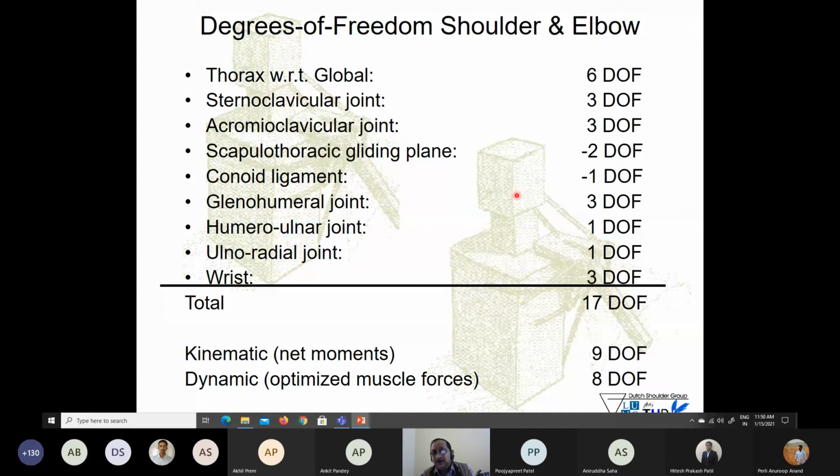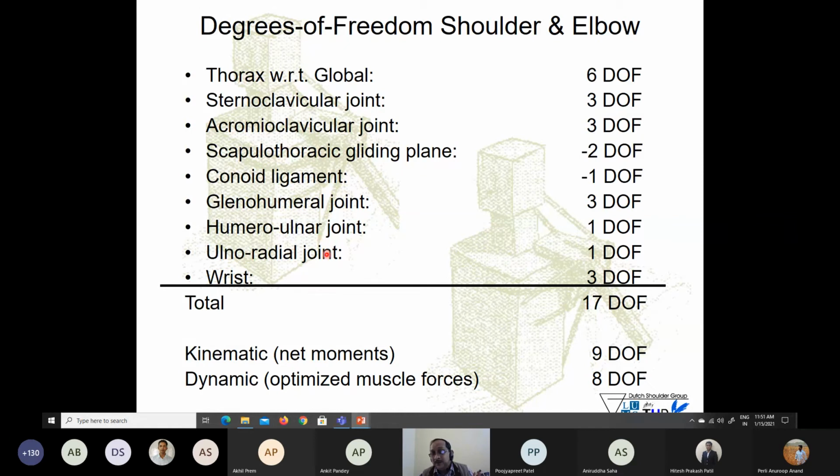And as I told you, the humero-ulnar joint of the elbow, if we stop here at the shoulder joint itself, then this 9 minus 3 becomes 6 degrees of freedom, which is the degree of freedom of the shoulder joint with respect to the thorax. If we consider the full thoracic cage as well as the shoulder as well as the